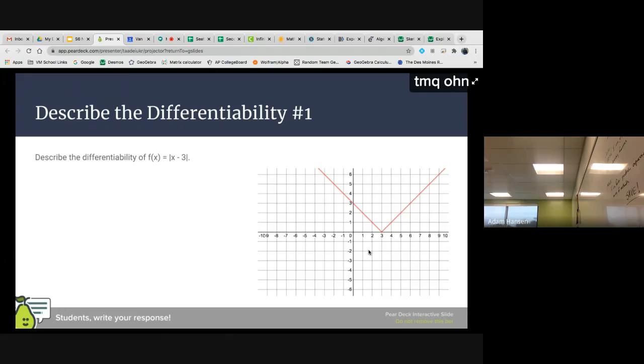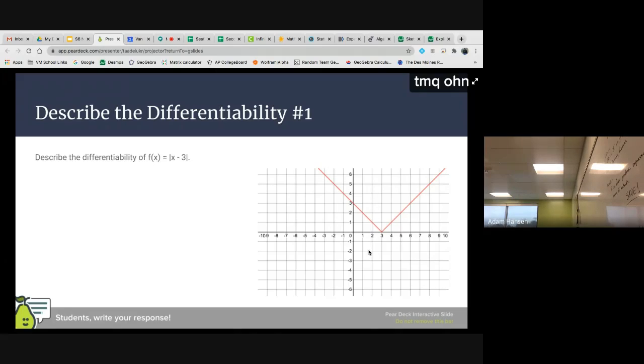All right, so let's practice this. I think I got a few different examples here. We're going to describe the differentiability of various different functions. Describe the differentiability of f of x equals the absolute value of x minus 3, and I also have the